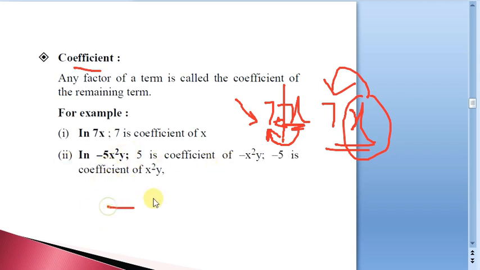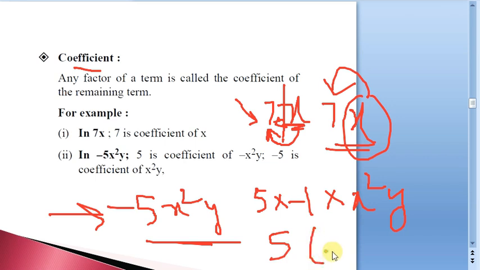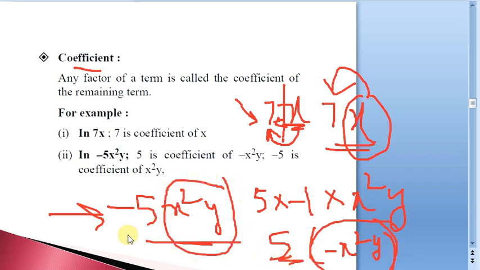If you take one more example, suppose I take minus 5x square y, can I write it as 5 into minus 1 into x square y? You can always manipulate, because whenever multiplication is there, there is no hard and strict rule that we have to follow the order given to you. Now see, why did I write it like so? Minus 1 into x square y is 5 into minus x square y under multiplication only. For this entire minus x square y, 5 is the coefficient. And for this x square y, minus 5 is the coefficient. I just wrote it the other way. If you observe the difference here, for x square y, minus 5 is the coefficient.